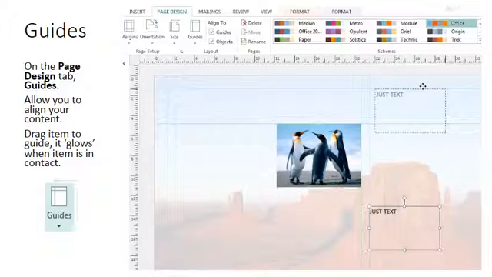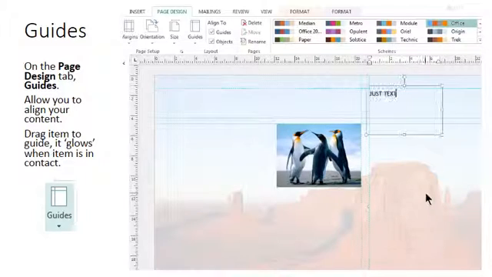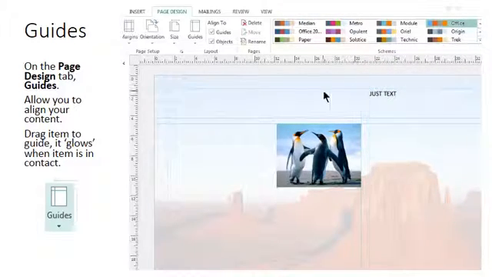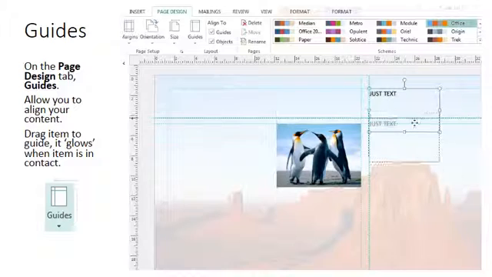Okay, that one's resistant to light up there. There we go. And slightly to the left, we get the second guide lighting up. So we know that this box is now aligned with this top line and that right one. And you will have noticed when I'm approaching the penguin image,